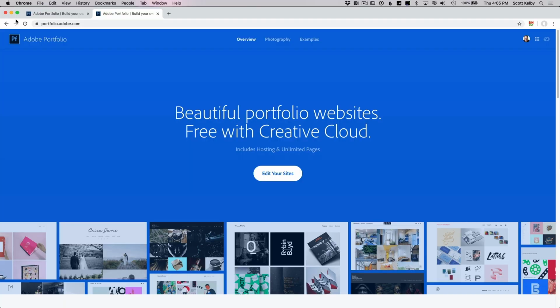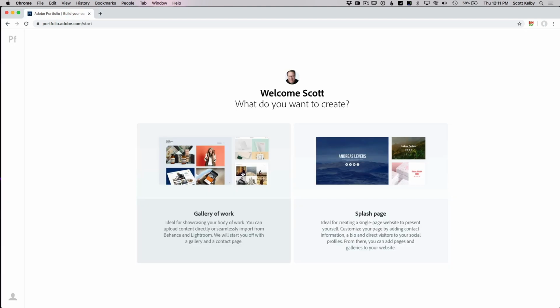So I'm going to give you a tip about something that you're already paying for and you don't realize it. If you have any kind of Adobe subscription, you've got a free, beautiful, awesome online portfolio waiting for you to unlock it. Go to myportfolio.com and you get this page right here. You're going to log in with your Adobe username and ID and create your portfolio, and you can have it